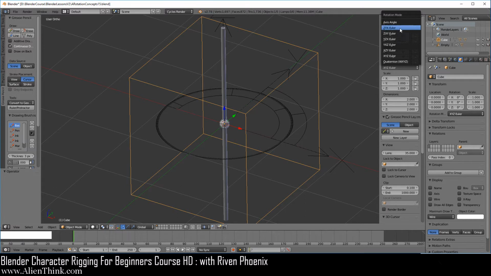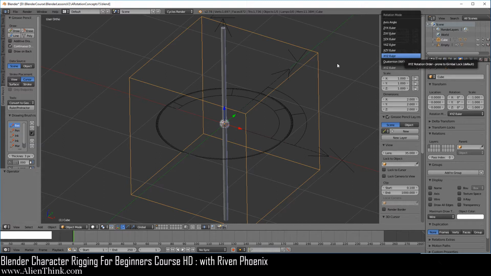So here, what Blender is really asking you is which type of rotational system do you want to use to capture the rotations of your object between keyframe to keyframe so Blender can interpolate between them.